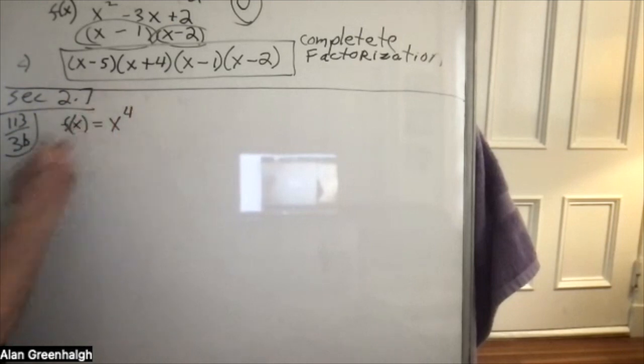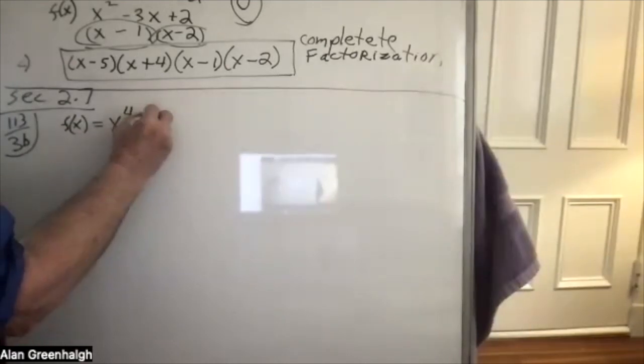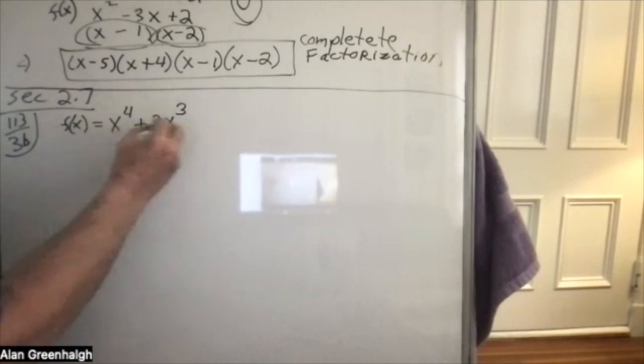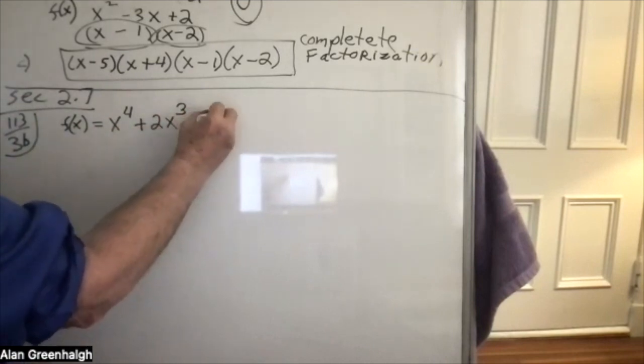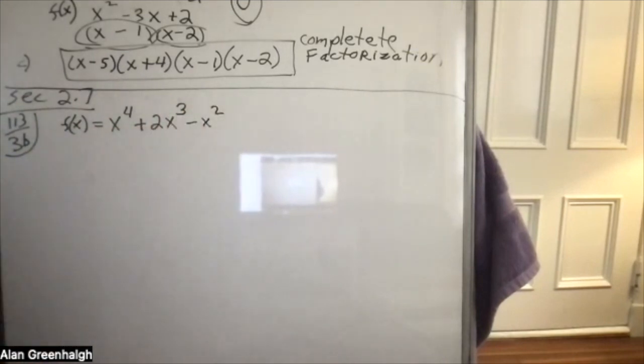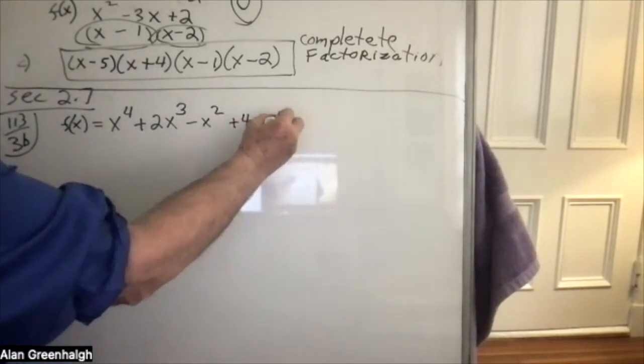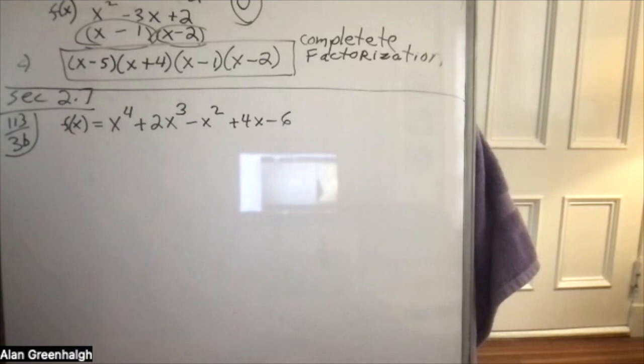X to the fourth. The problem on the test will be x to the third, so that'll make it a little easier, actually. Because it's x to the fourth, it's a little more difficult, but not really. The first thing they love is this question. I don't know if this is on the test; I haven't looked at the test in a couple of days, but the first part of this is: list all